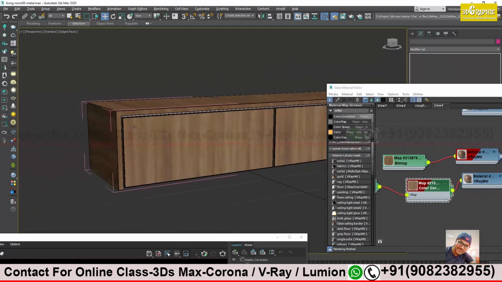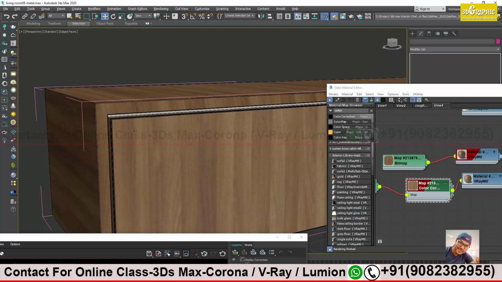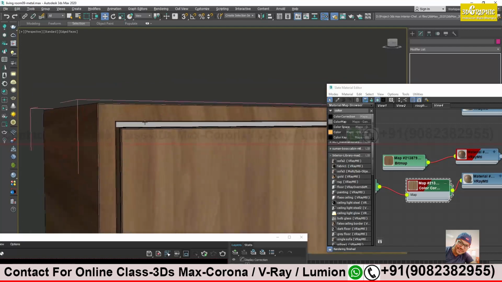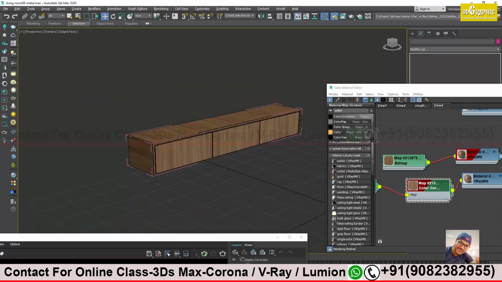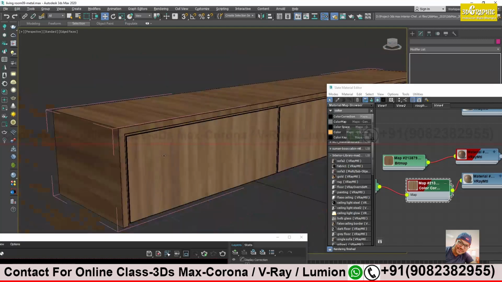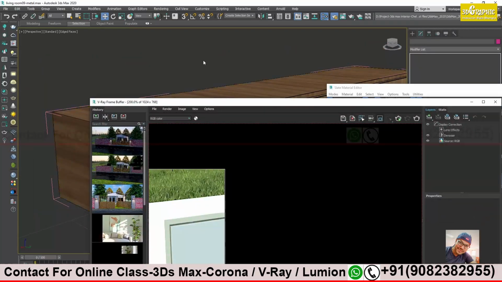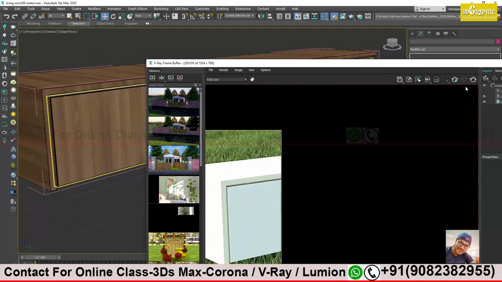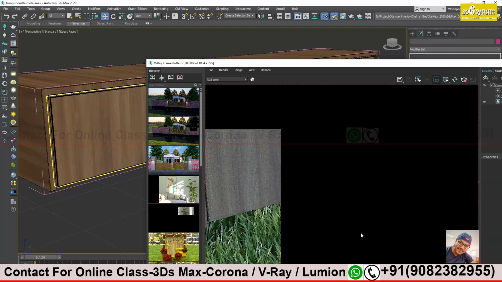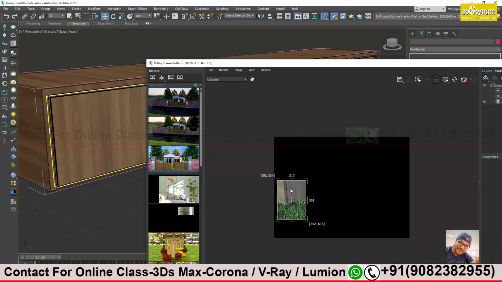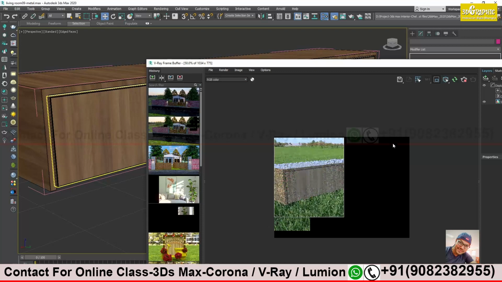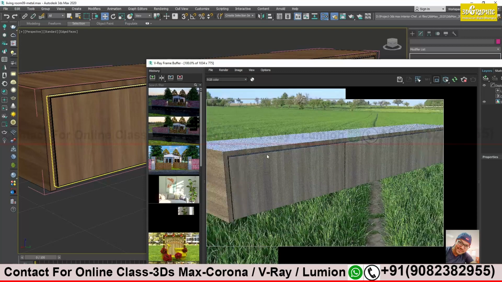See, a little bit of a lighter shade over here. And it's done. Nothing more you have to do. It will look great when you finally render it.